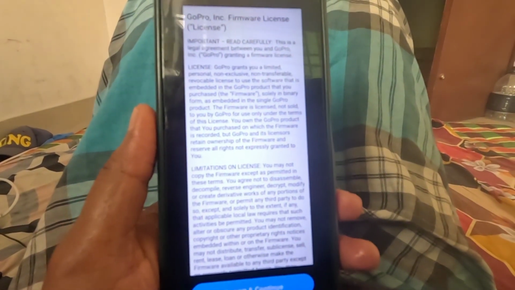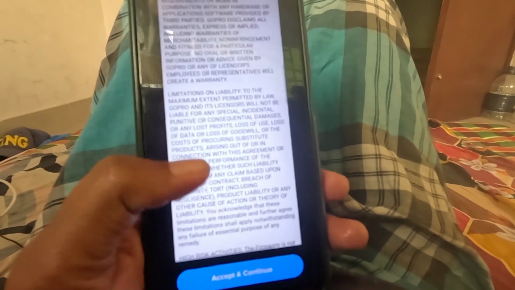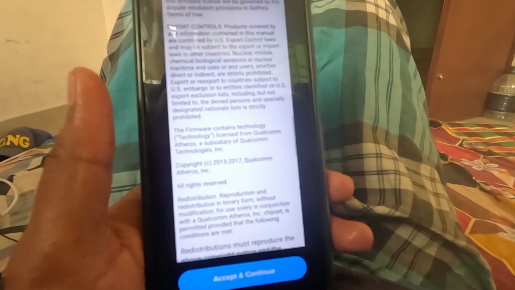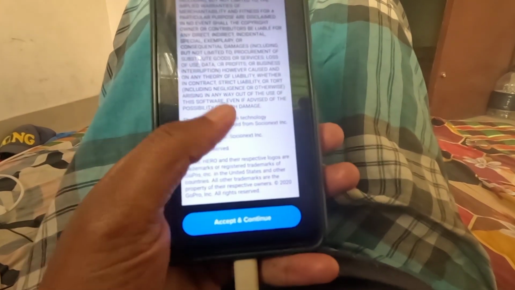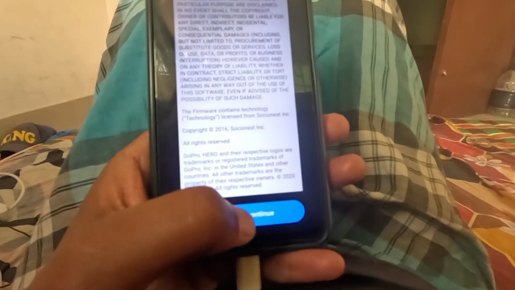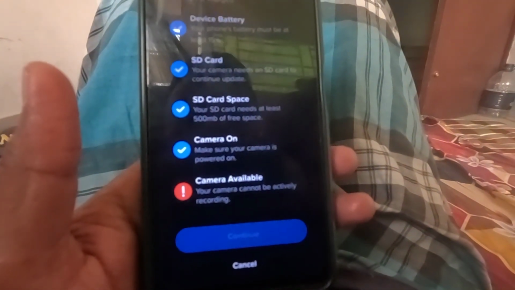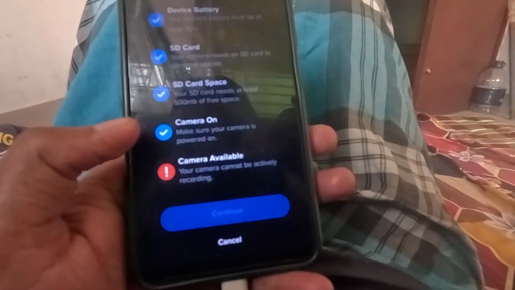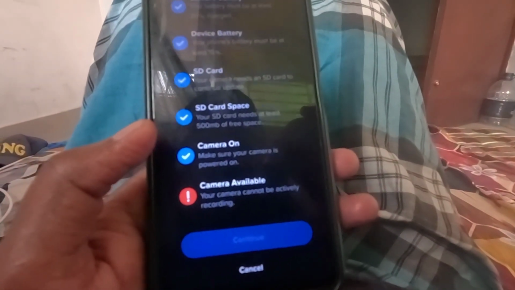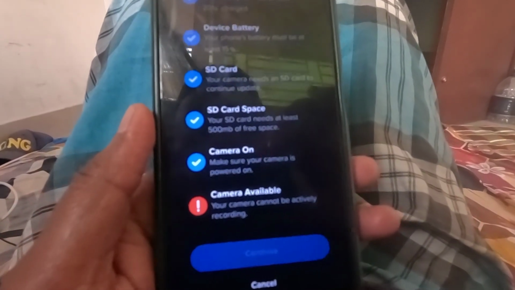GoPro Incorporation firmware license. Now I don't have much time to read all these things. Let's click accept and continue. Your battery must be at least 20% charge. Device battery: your phone battery must be at least... Oh, I should have stopped there. Okay guys, let's see. After that,